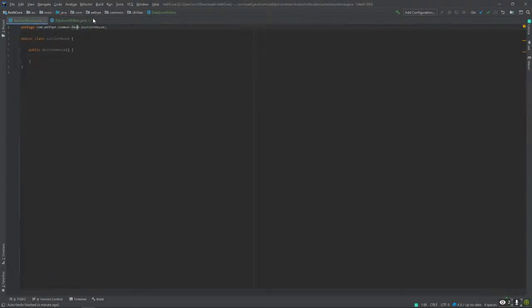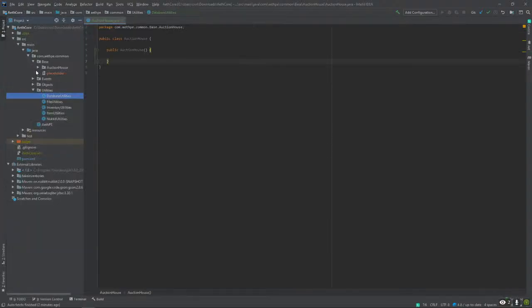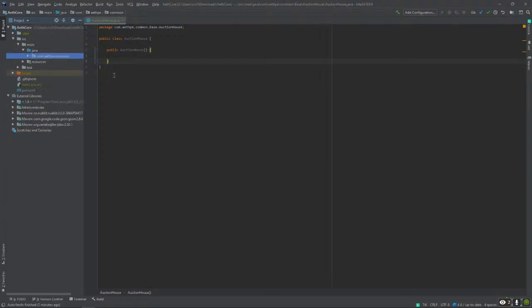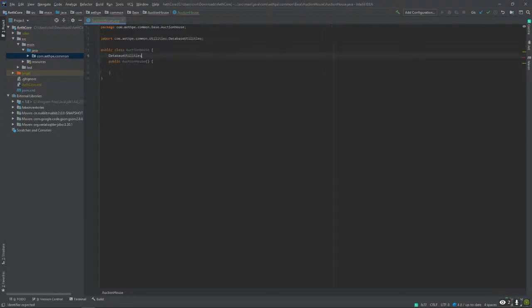Alright, so I have database utilities finished off, so I won't have to do that inside this project anymore. So in the future streams that I'm doing, there's not going to be that issue. But I need to start out with initializing my database utilities.